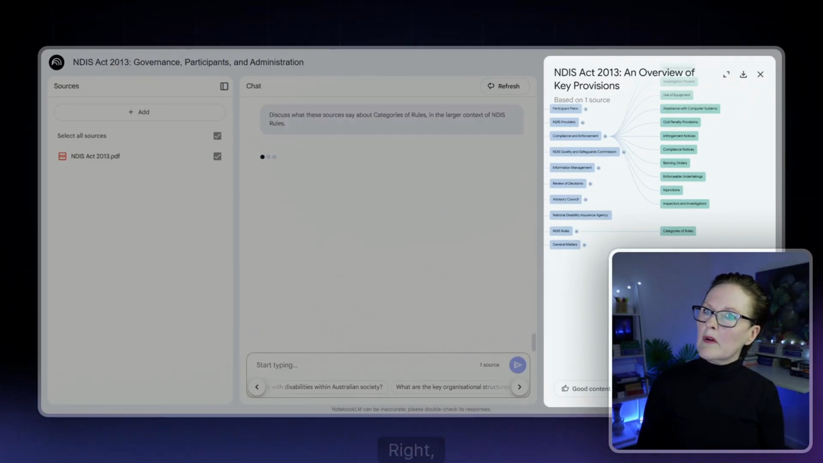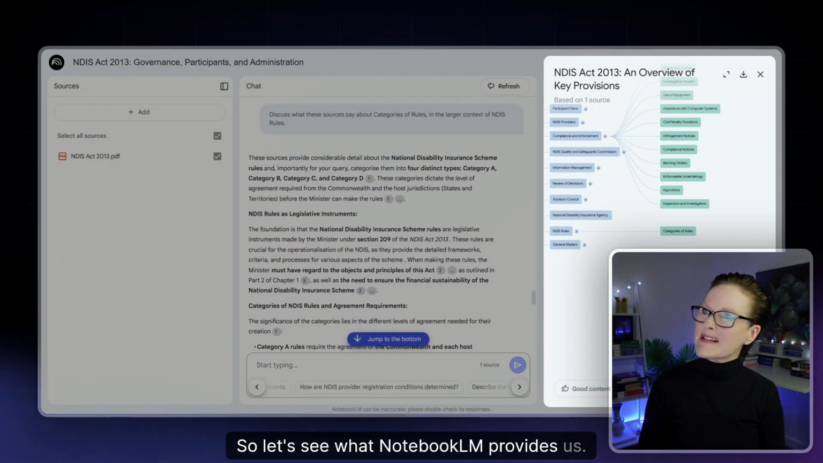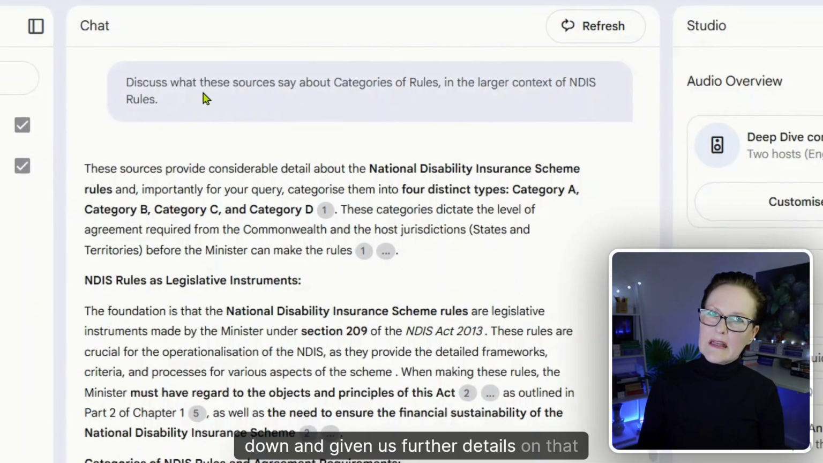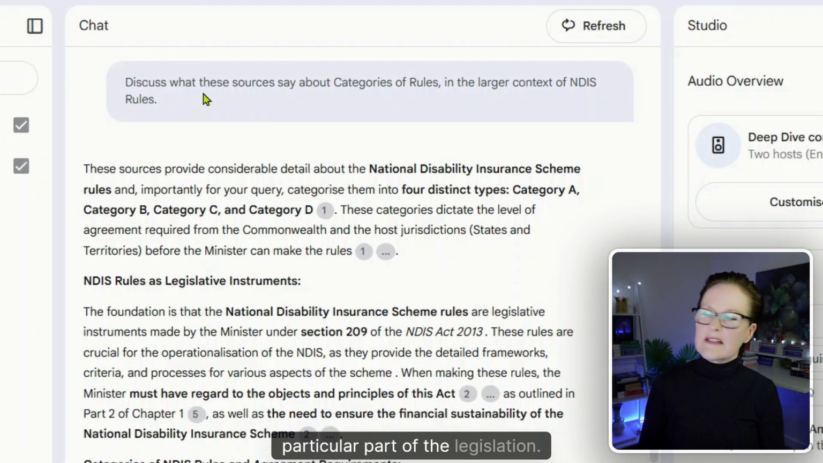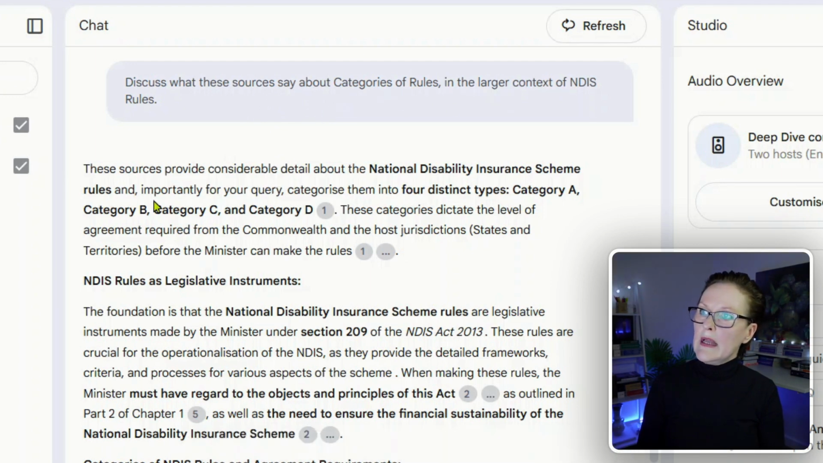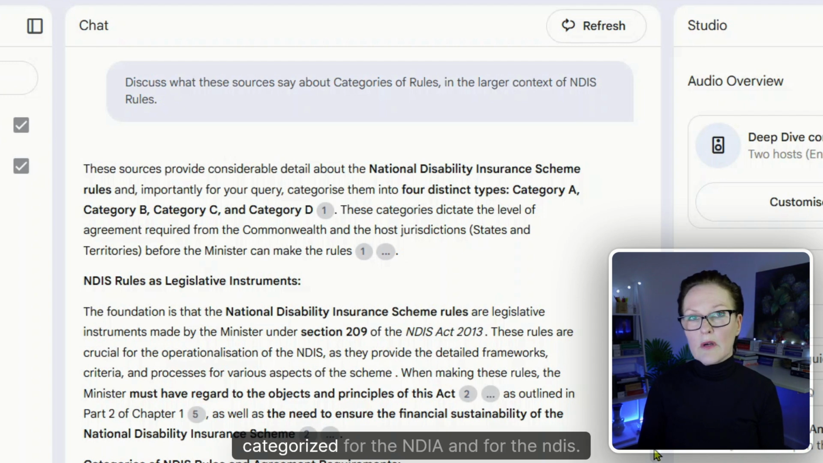Let's click on there. Right, so now I'm starting to drill down into the detail. Let's see what NotebookLM provides us. Right, so what it has now provided is it's drilled down and given us further details on that particular part of the legislation. So it's talking about the categories of rules. Discuss what these sources say about categories of rules in the larger context of NDIS rules. And now it's given us a nice summary of how the rules are categorized for the NDIA and for the